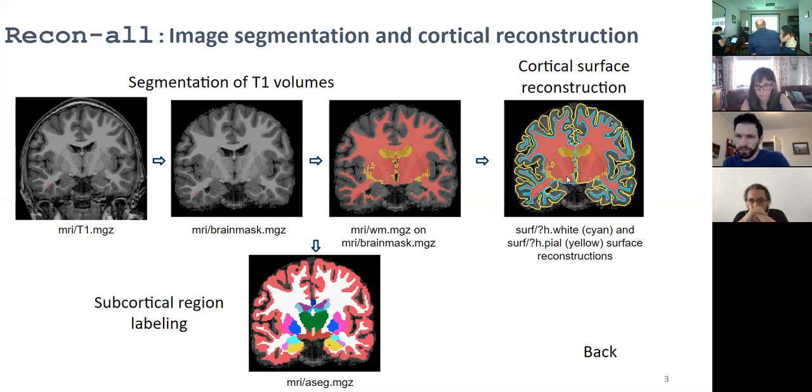And then from that surface, and I'll go through this in more detail later, using information about the intensity of the voxel right here in cortex, how far am I going, and in what direction, I can then march this surface out